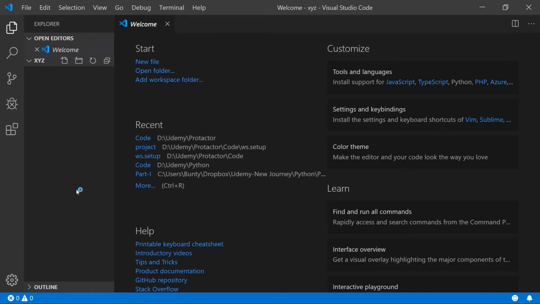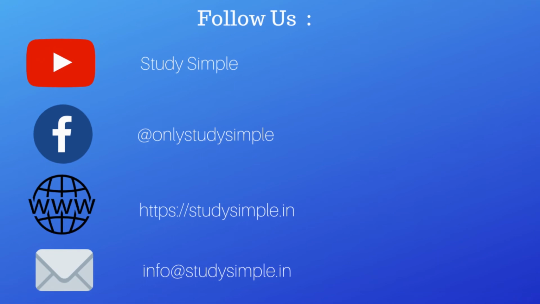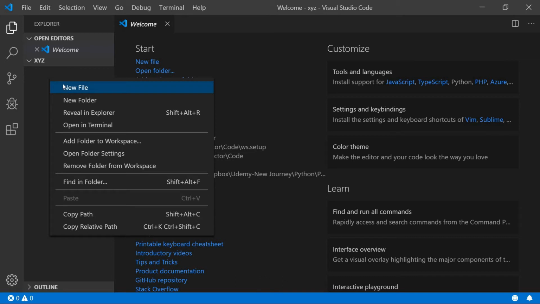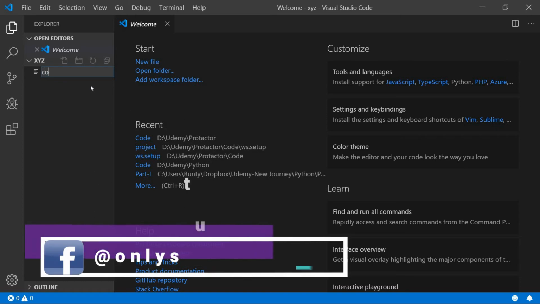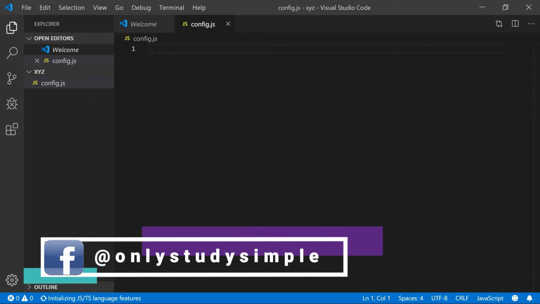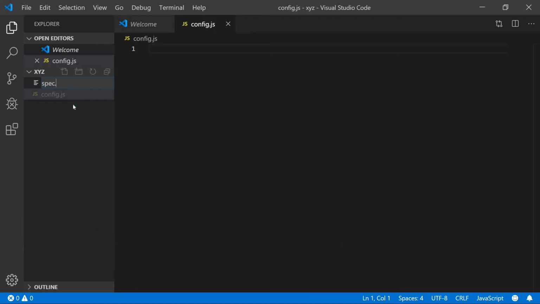From there we can write the test cases, we can create the conf file. So we have created this new folder XYZ, and inside that we will just press a right click and we have lots of options coming out, and simply we can do a new file and write this as config.js. So config.js means it has now become a configuration file. In the same way we can do a new file and write spec.js, which becomes the spec file. I have already created this config and spec and written all the code that is available on my